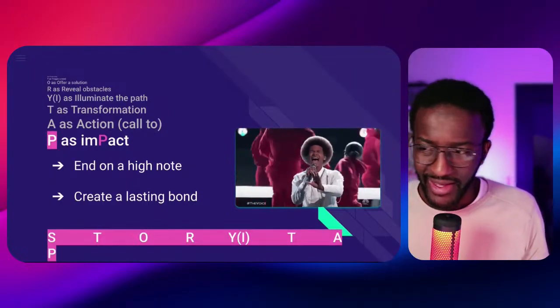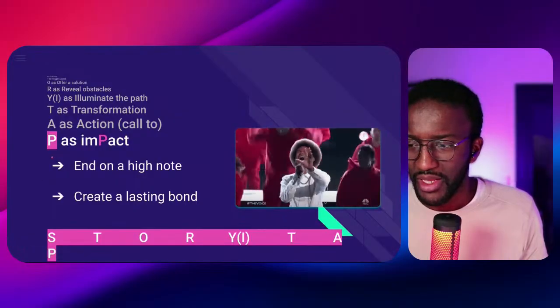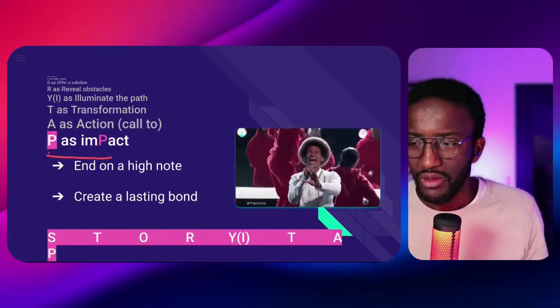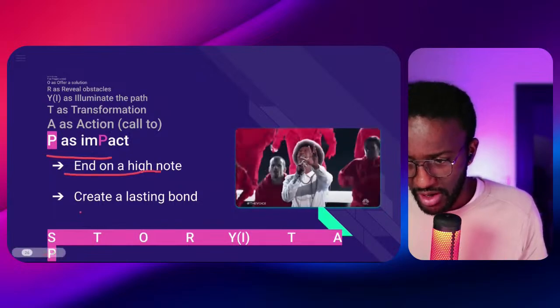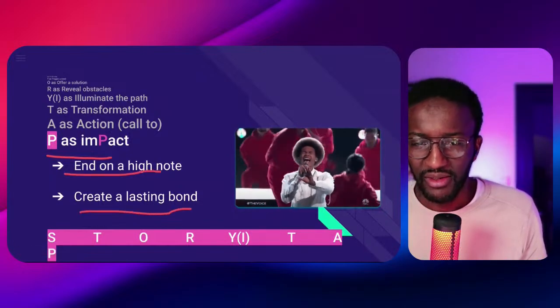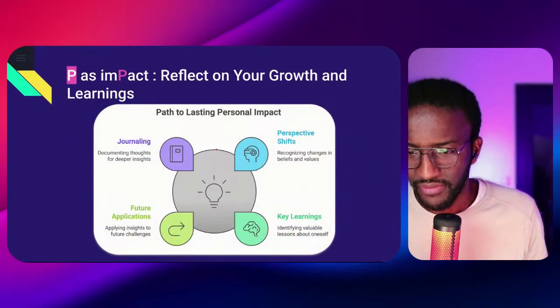We are almost there. So the last thing is, in every story that you are telling, the P is impact. So the last impact. So you have to end on a high note. You have to create a last bonding effect with your audience. So it's the same when you are doing self-reflection.